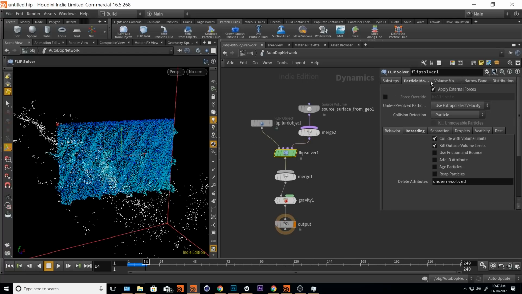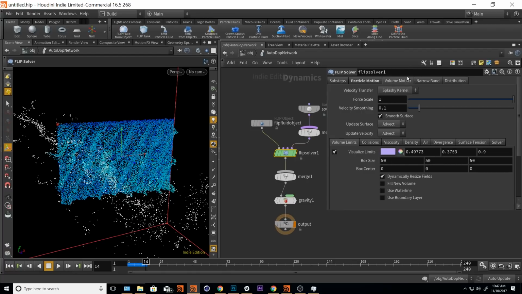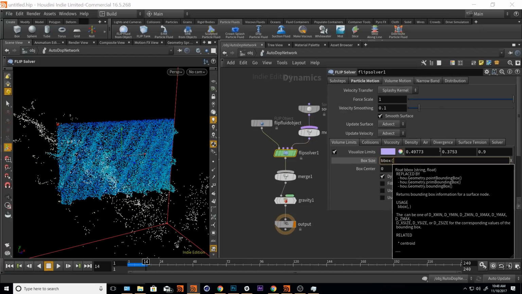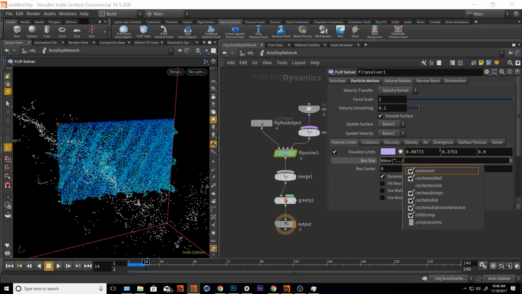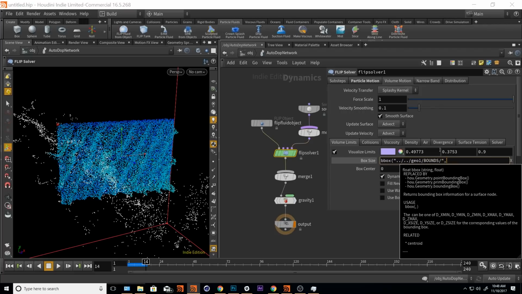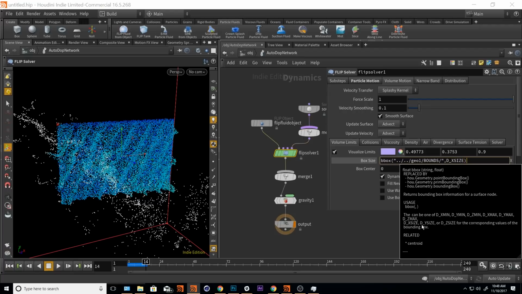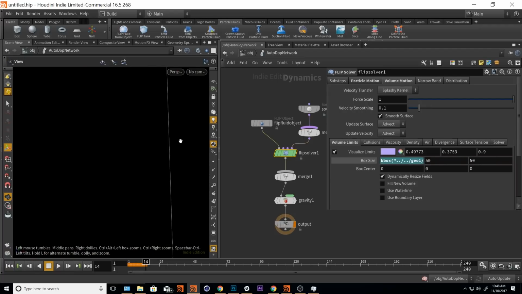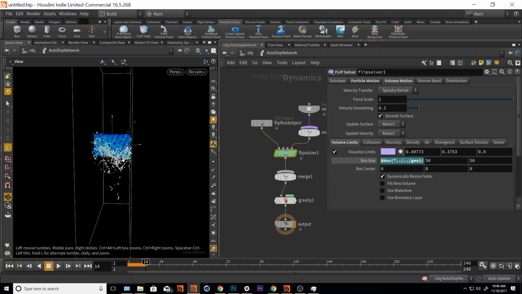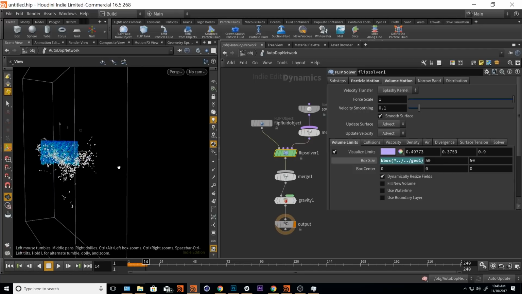On our flip solver, I'm going to go to the volume motion tab, and where we got our box size, I'm going to set our X to the size of our bounding box. So I'm going to say bbox. Using the bbox function, I'm going to refer to up one level, up two levels, then into Go1, and then to our bounds. Here it gives me a bunch of options. I want the dx size. So d_x size. And then it snaps the width of the flip tank to the x size of the bounding